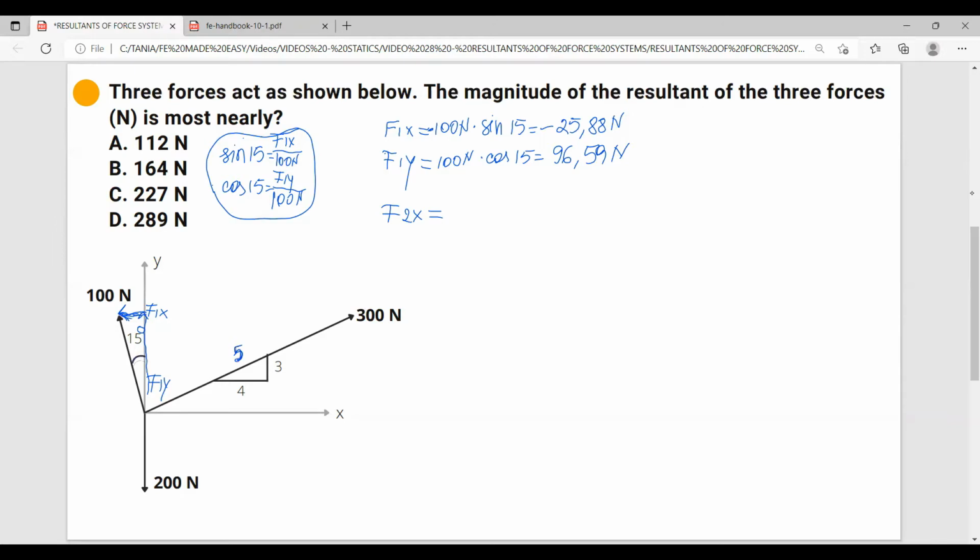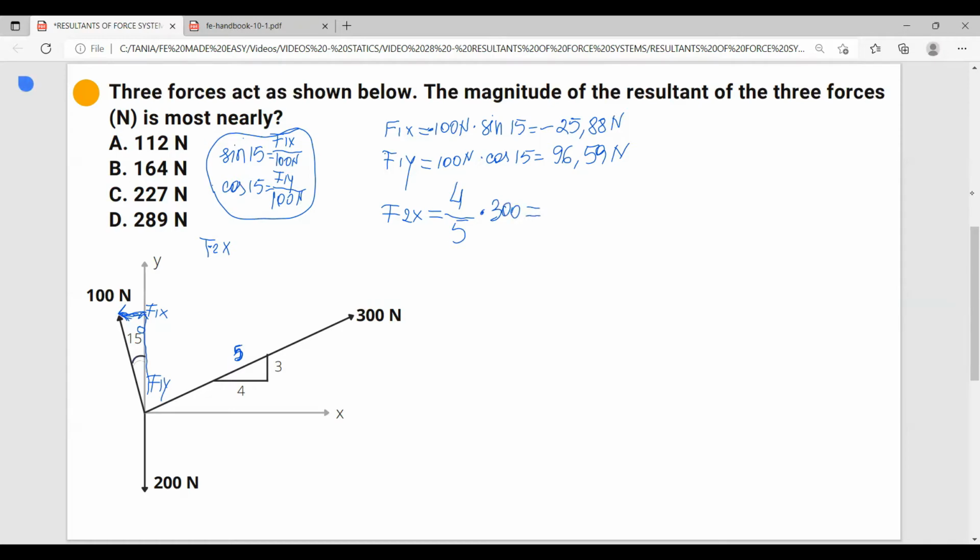But if you're given a different ratio, just use the Pythagorean theorem and calculate the hypotenuse. So in order to calculate the x component, we take the x component from this triangle, 4, divided by hypotenuse, multiplied by 300